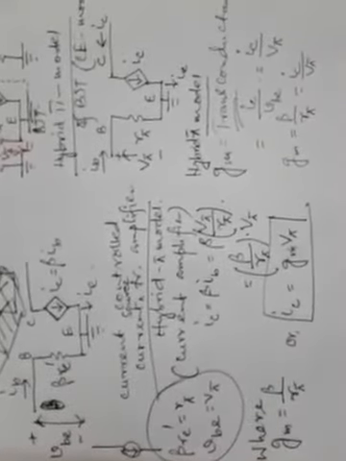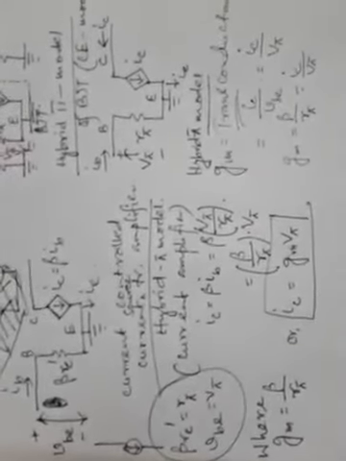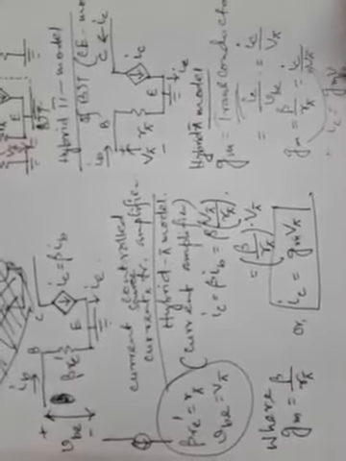So this is the relation. Any of these relations we can use to represent this model for the high frequency response. From this relation, IC should be GM V pi, so we may write here GM V pi. This is the hybrid pi model in terms of IC equal to GM V pi.